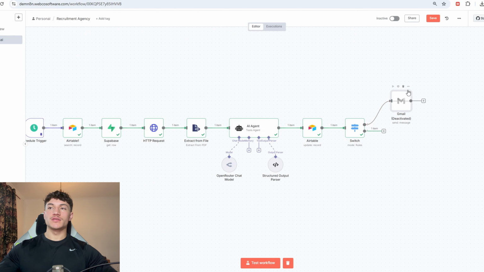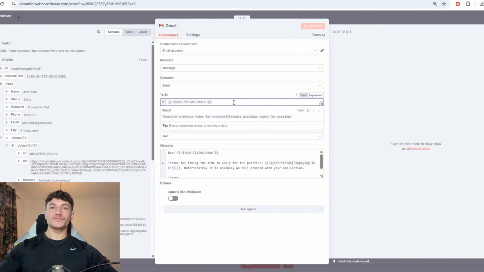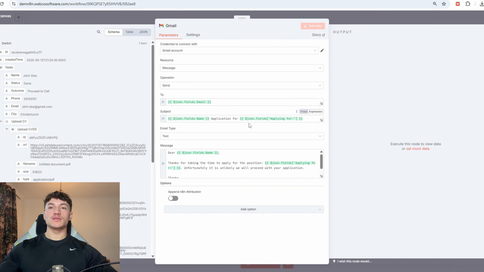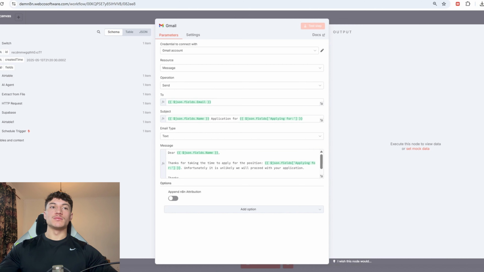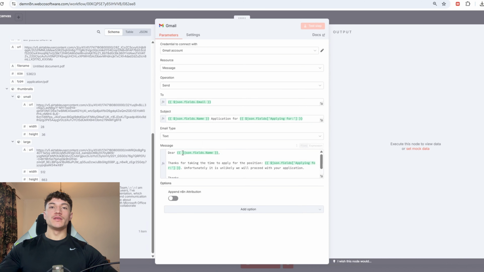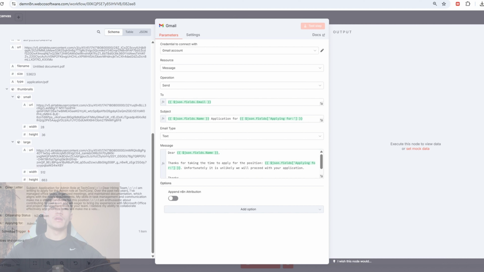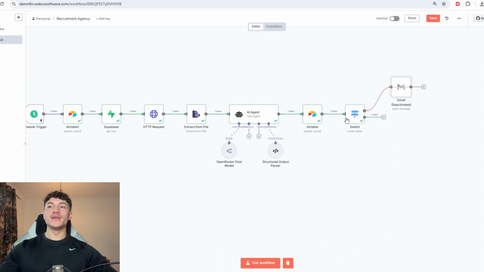For the rejection route, I'm just going to send an email, and it's going to be to the email that the user applied with. And in the subject, let me reconnect this, the subject is just going to say John Doe application for admin. So that's the applying for, that's in the Airtable as well. So you come down here, applying for. And then the email type is just going to be text. Just going to say, dear John Doe, so the name that we used before. Dear John Doe, thanks for taking time to apply for the position, and the applying for again. And then unfortunately, it is unlikely we will proceed with your application. Thanks, recruitment agency. So that's the rejection route. And then if it gets accepted,